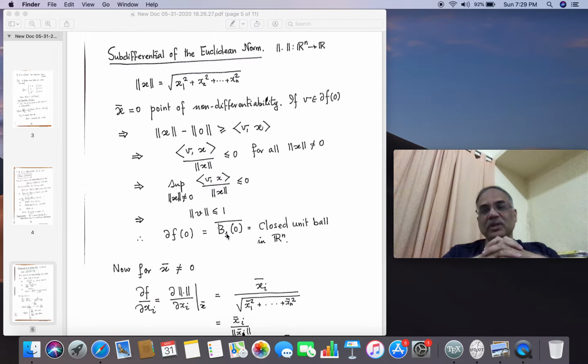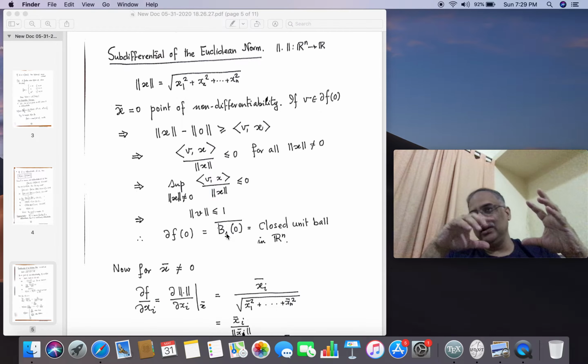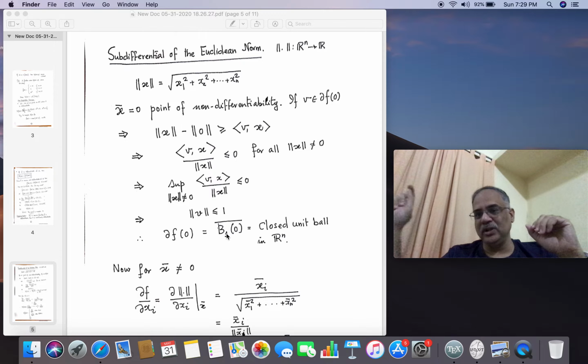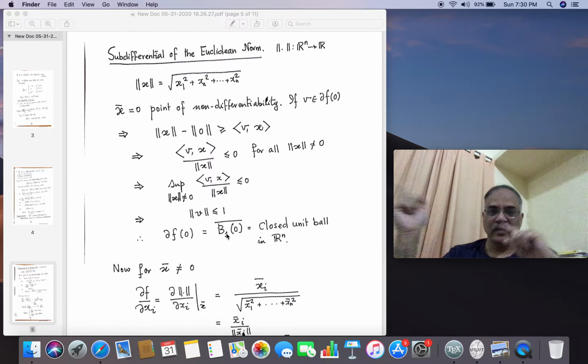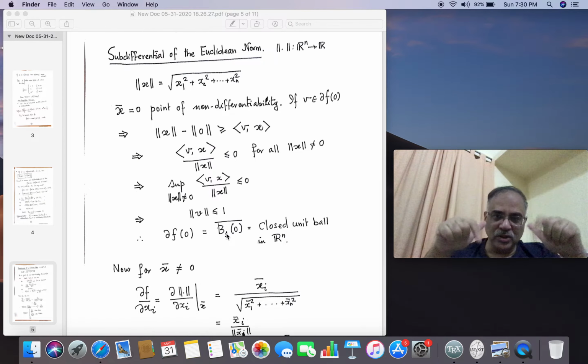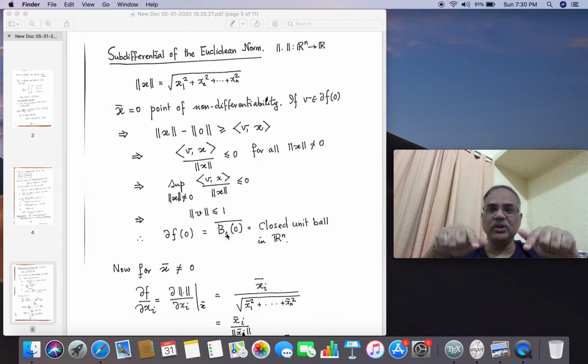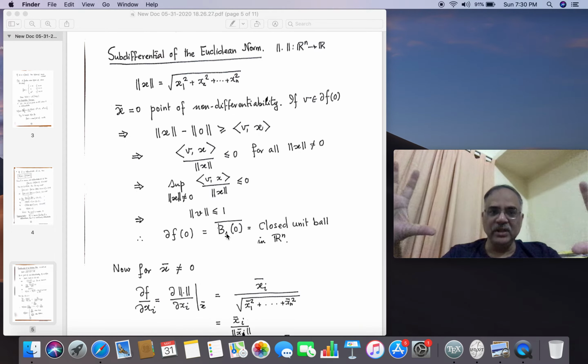Convexity is actually a one-dimensional subject, because in some sense, not always, but given any convex function f, take a point x and a point h, and write the function phi of alpha as f of x plus alpha h. Then phi, as a function of R, is convex if and only if f is convex. So there is a link between a convex function of one real variable and a function of many real variables.